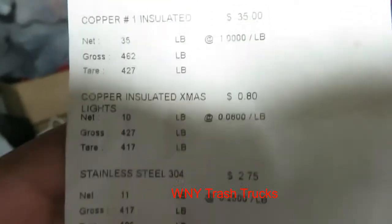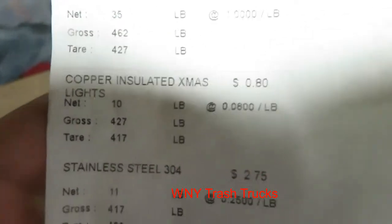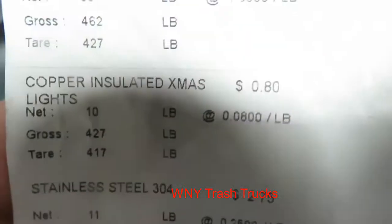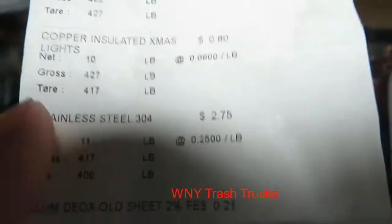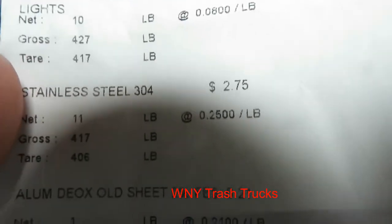Copper number 2, well done. Christmas lights, that bucket of Christmas lights, 8 cents a pound. It only went down a cent since last time. So 80 whole cents. Woo. Stainless steel, 11 pounds at 25 cents a pound. And then old sheet, 1 pound, because that